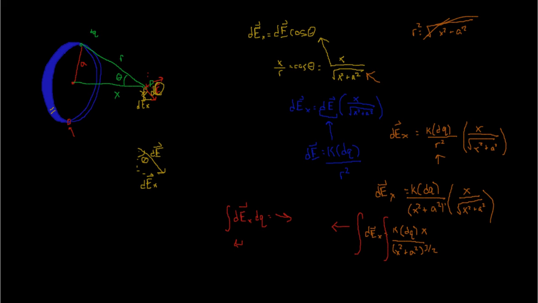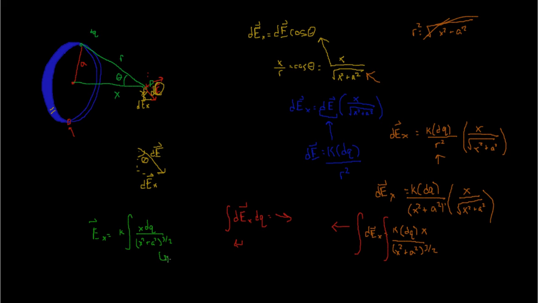So if we pull out all the constants from the integral, we just get the electrical field vector in the x direction is equal to k times the integral of x dq over x squared plus a squared to the 3/2 power. And if you just integrate this, essentially, you can treat a and x as constants,